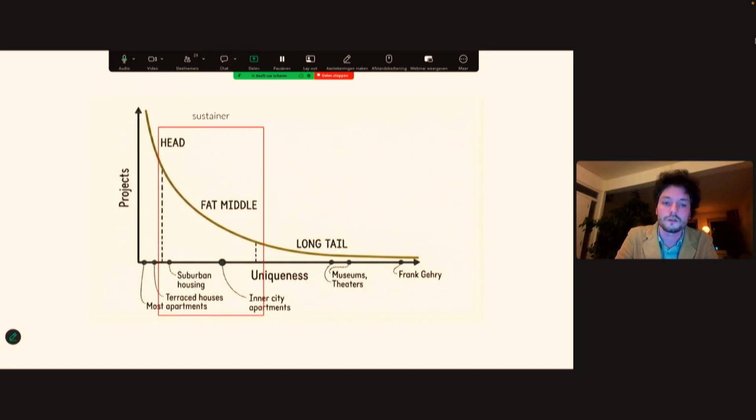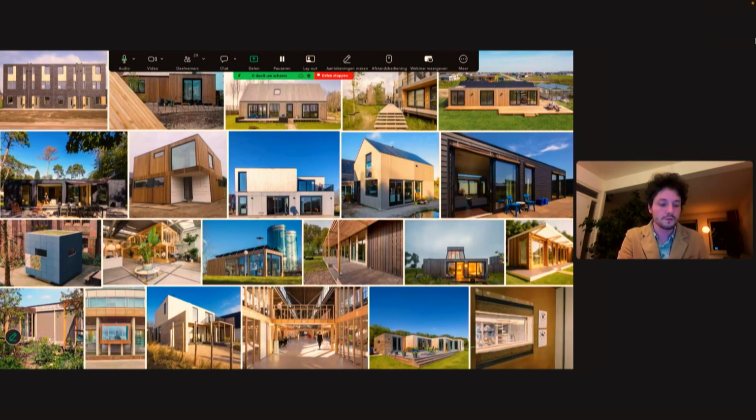We focus on this middle part, on all the buildings that you cannot do if you only have 1 or 2 or 3 standardized modules, but that you can only do if your module is fully flexible. So we built that system over the course of 10 years. We started with a lot of private houses, about, I think, 200-300. And then eventually we moved to larger scale production.